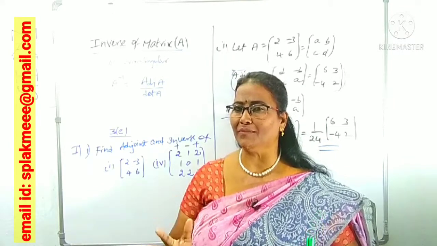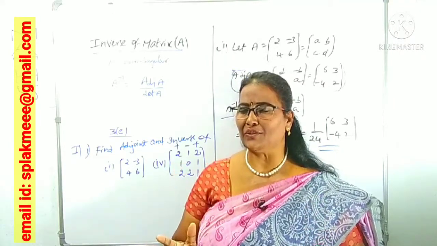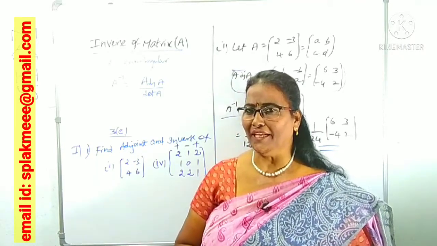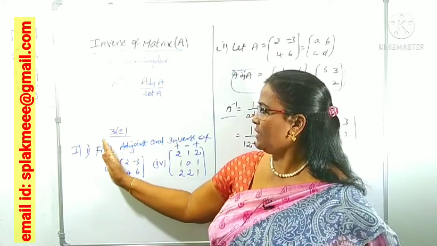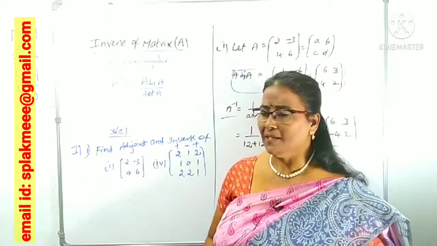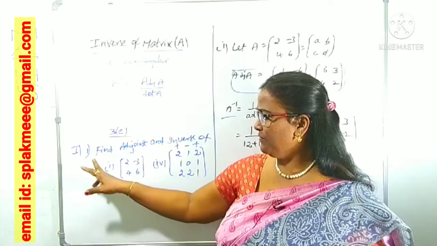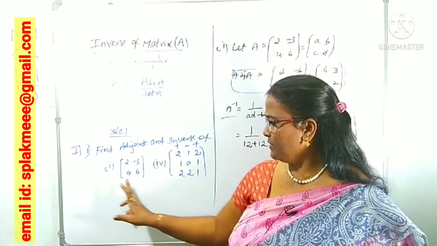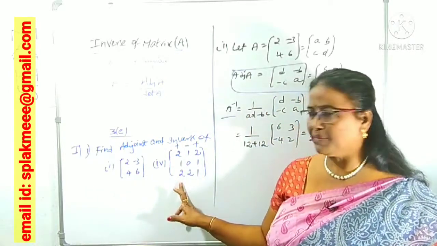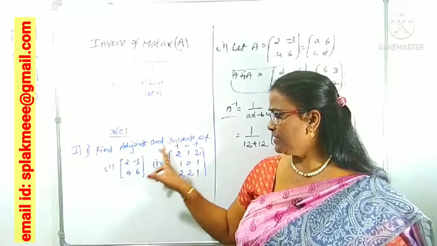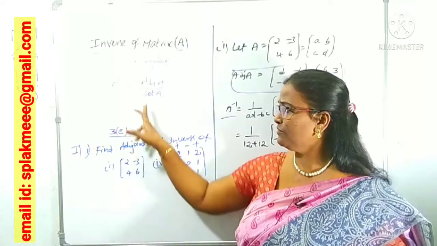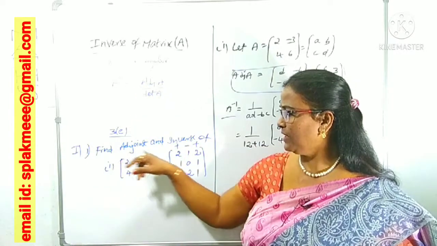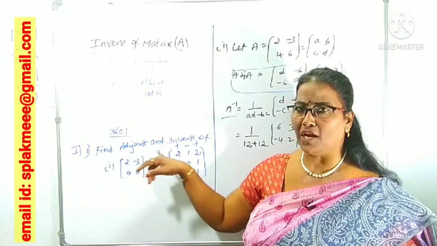You know how to find the determinant of a matrix and how to find the adjoint of a matrix; I explained just now. We have to use them here to find A inverse. So we come to Exercise 3, Roman number 1. What is the first question asking? Find the adjoint and inverse of two given matrices. One is a 2 by 2 matrix, another is a 3 by 3 matrix. To find the inverse we compulsorily have to find adjoint A, because A inverse depends on adjoint A.